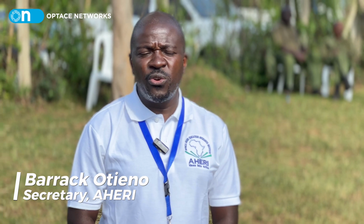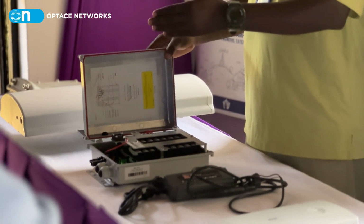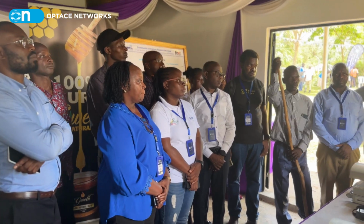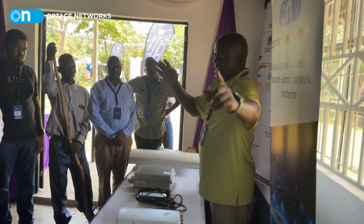I think the FTP-300 is an innovative solution. Power has been one of our major challenges. In the points of presence that we have in various communities, we have embraced green energy. We have learned that the internet is only as good as how stable it is. And the moment the internet is not stable, the community doesn't believe in it, and we lose